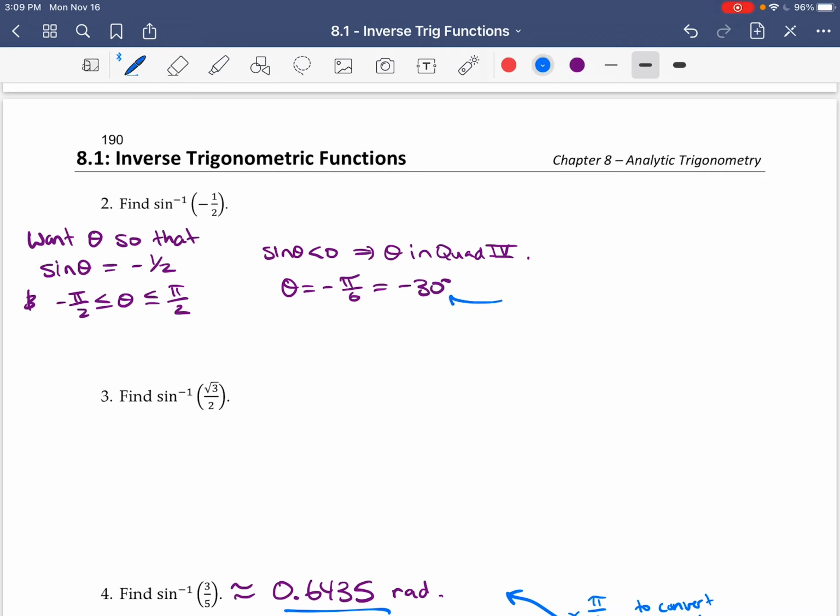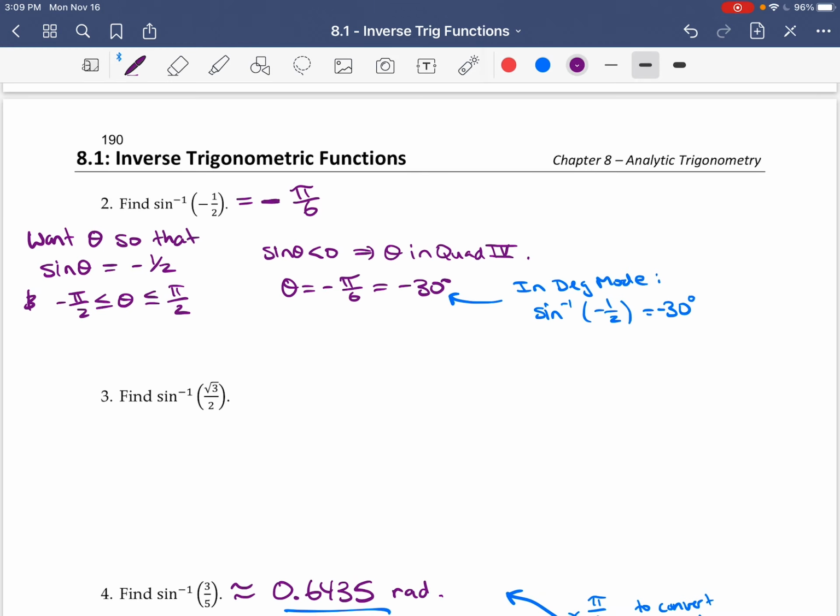Now remember the trick: if you're in degree mode and you enter sine inverse of negative 1/2, it's going to give you negative 30. So you know that's the degrees, and then you want to convert that to radians. So this would be negative pi by 6